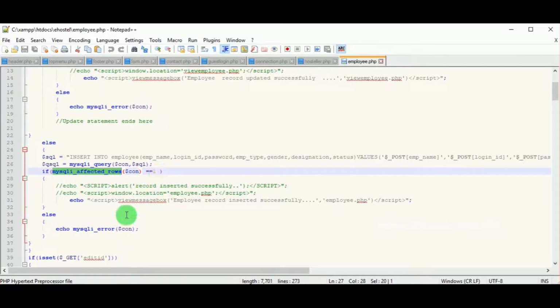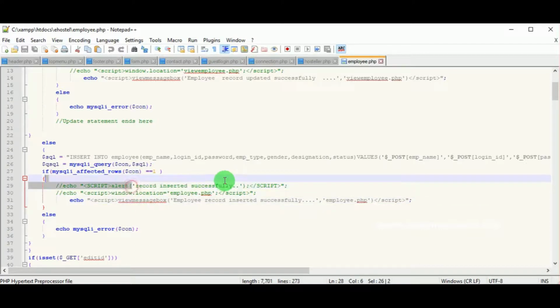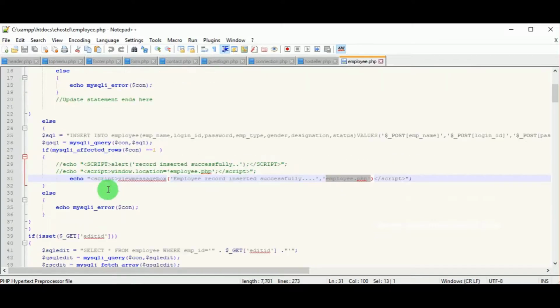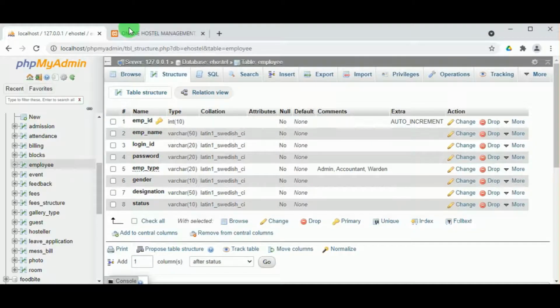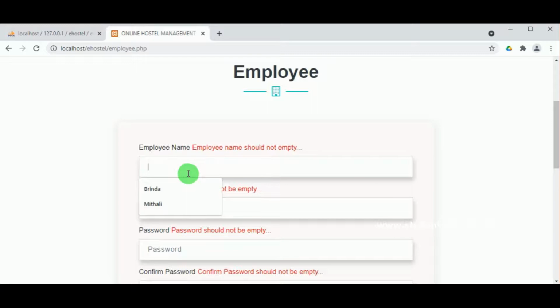Then if it is valid, MySQLi affected rows of the database is fetched. If the row is unique, then the insertion will be done successfully, and after the insertion you are redirected to the same page, employee.php. So you can see you are redirected to the same page once the insertion is done successfully. This is how the insert query works. So let us add some data and we will see.